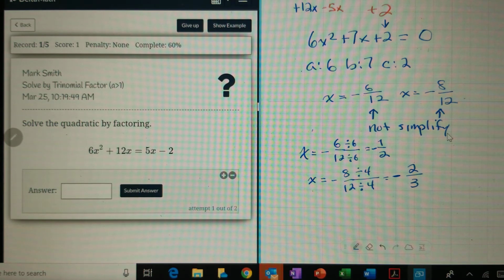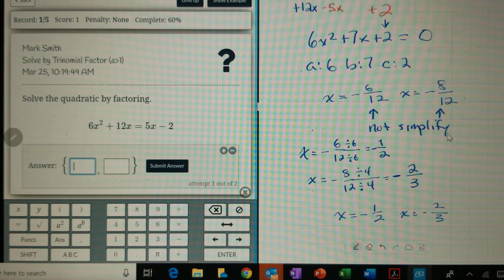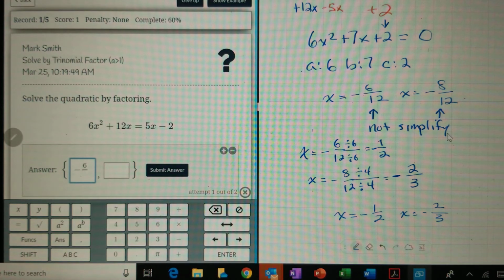All right, so come back over to our Delta Math problem, and we have 2 answers. x equals negative 1/2 and x equals negative 2/3. So I'm going to hit this plus sign right here because I have 2 answers. Now the first thing I'm going to do is just check and see how particular Delta Math is for answers, because I'm going to put in the first answers, which were negative 6 and negative 8 divided by 12, to see if I have to go through